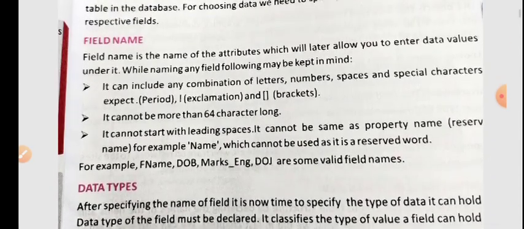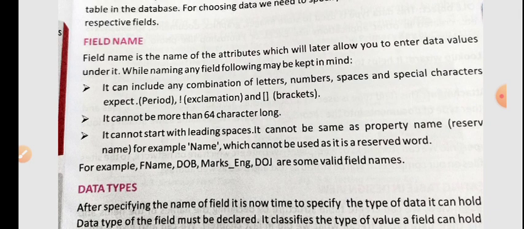Now starting with how can you assign a field name? As you can see in the video, the field name can be a combination of letters, numbers, spaces and special characters. When you are writing the name of the field or the name of the table, there should not be use of the dot, exclamation mark and the bracket. Except these three special characters, you can use any special character while you are writing the field name